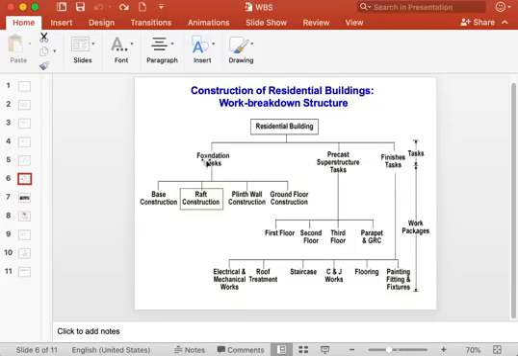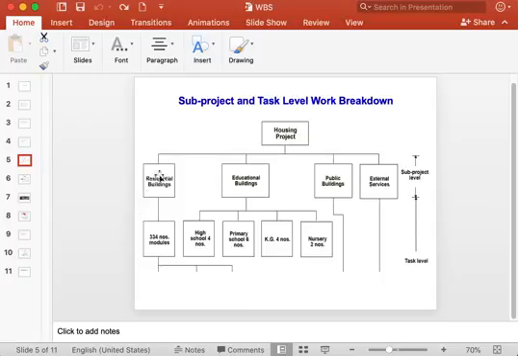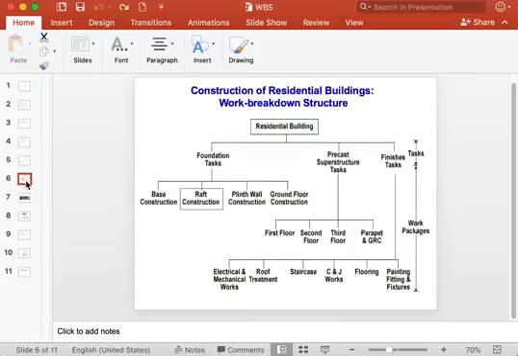So you can see this residential building, which has 334 modules, is further broken down